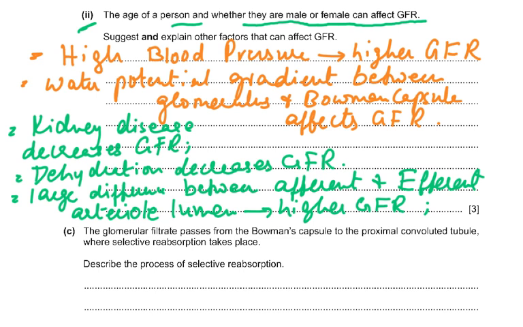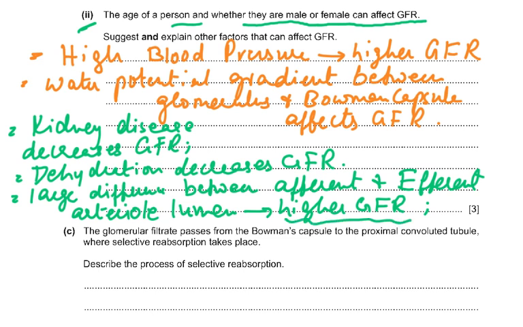Large difference between the afferent and the efferent arteriole lumen. You see, the lumen of the afferent and the efferent arteriole is going to affect it. If there is a very large difference, the efferent arteriole narrows because there is a sphincter around that. If that becomes narrow, then back pressure is created and that's going to result in a higher GFR, which I've just given you in the last point.